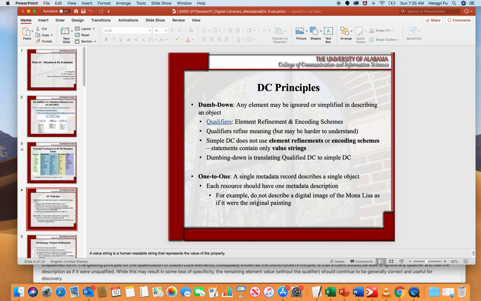And the second principle is called one-to-one. This one is, I think, much easier to understand. Basically, it means a single metadata record should be used to describe one and only one single object, and that object should also have one and only one metadata record associated with it. So, for example,